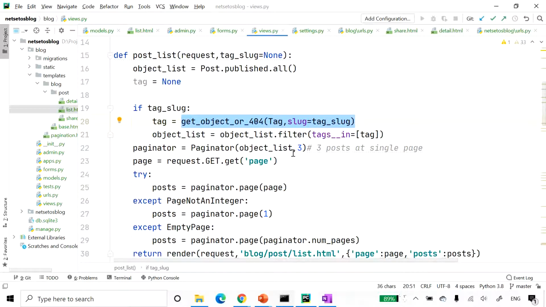Then we have filtered the list of posts by the ones that contain the given tag. Since this is a many-to-many relationship, we have to filter post by tags containing in a given list. Here we have also used underscore in field lookup.